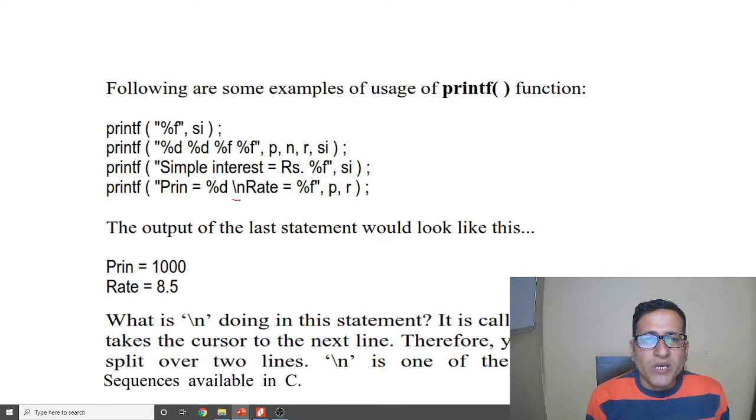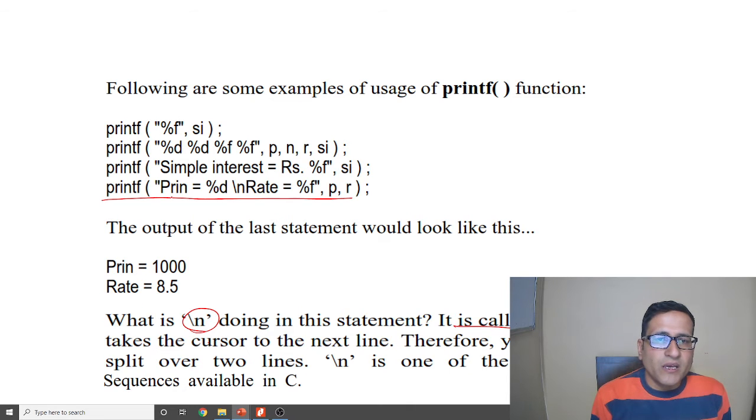And a new thing in this statement is called backslash n. It is called the new line. Backslash n is the new line and it takes the cursor to the next line. Means if we want to print this statement, this will be taken from this, equal is this, value is from this, and after that on occurring this backslash n, our cursor will come to the next line.